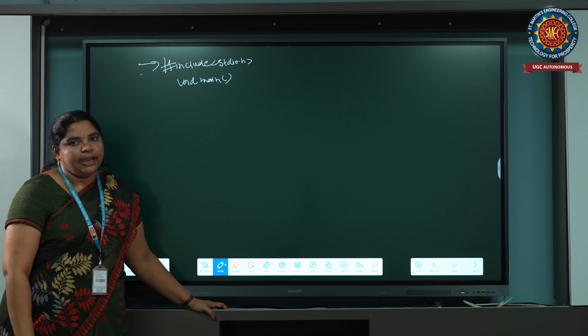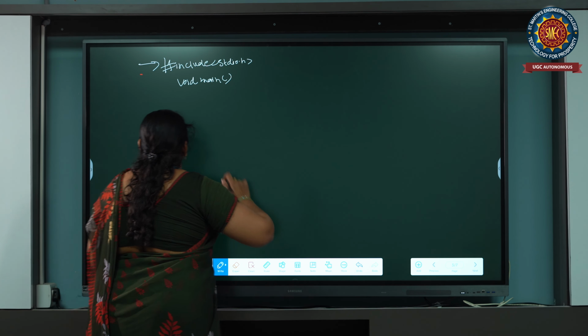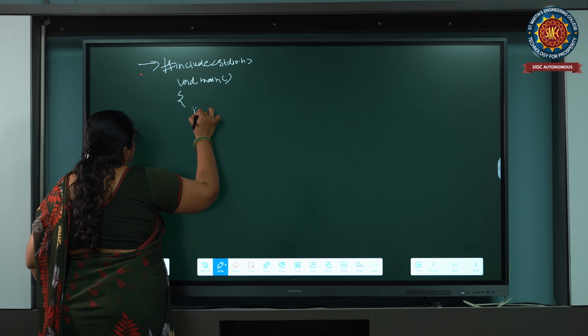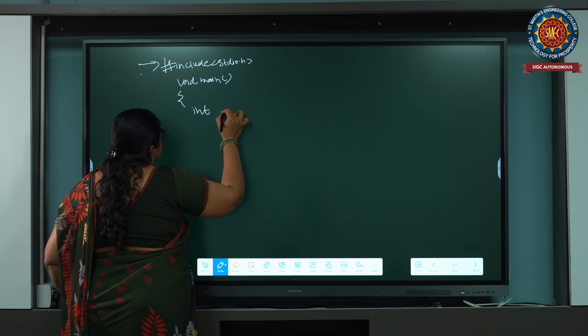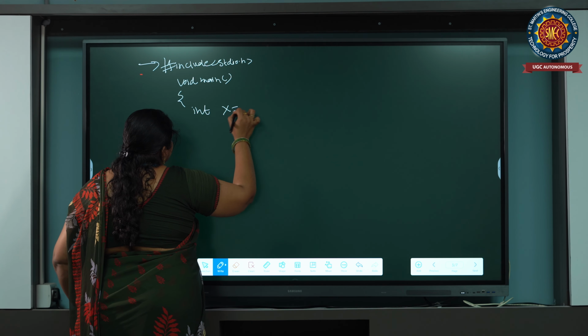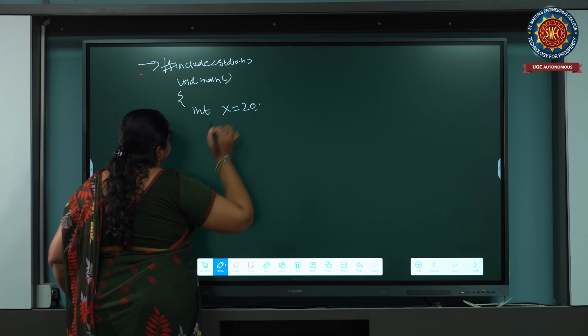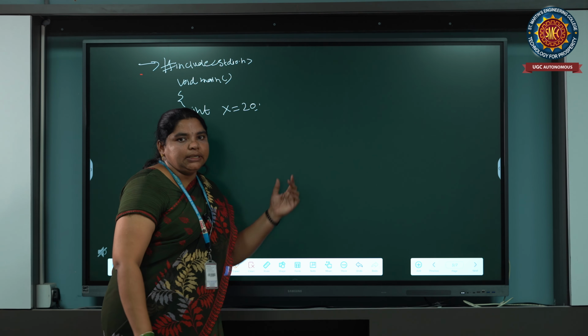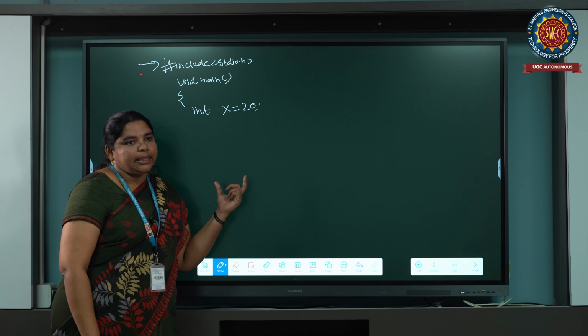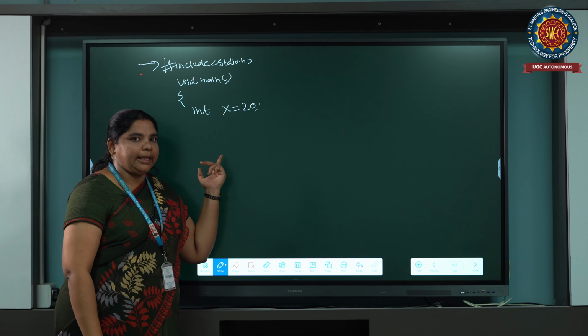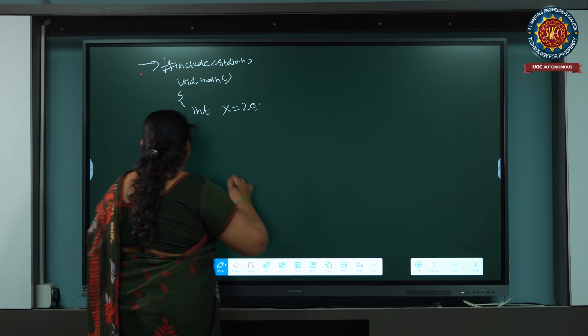Then void main. What is meant by void main? It is the main function of that program. So I want to take, for example, x equal to 20. So 20 is a value and I can assign 20 to x. Okay.